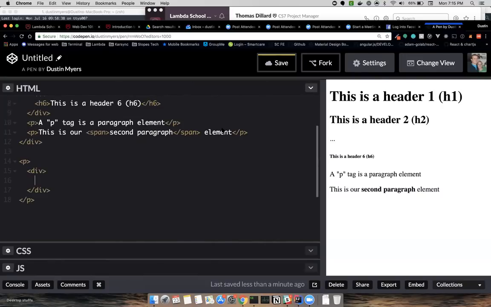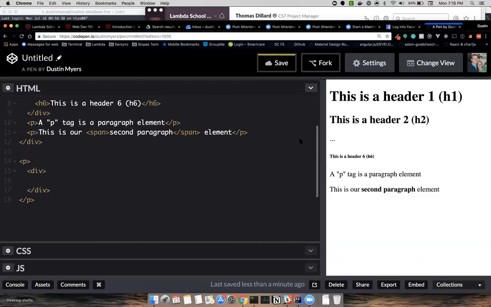Let me see if there's anything. Header, footer, yep, there are different elements like header and footer. We'll go into a lot more elements tomorrow. I don't believe we cover header and footer in this intro class. Just realize that there are a lot of different elements that you can use, and we'll talk about that more tomorrow. Okay, cool.